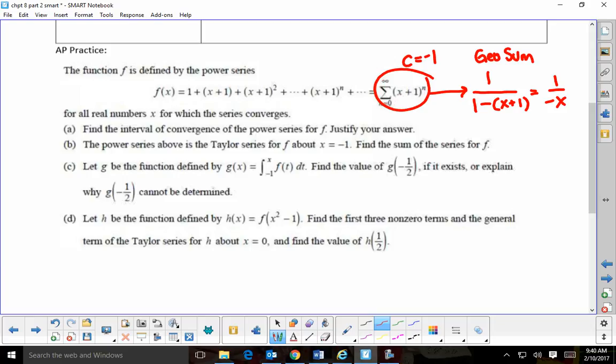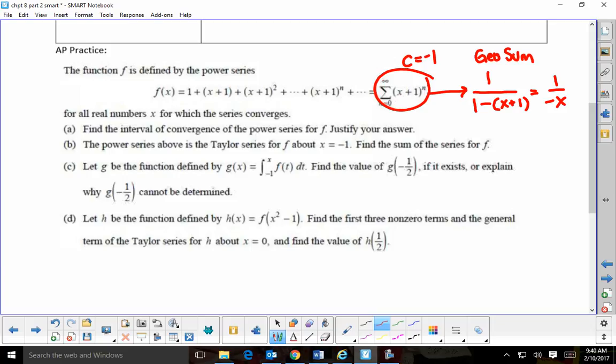A says, find the interval of convergence of the power series for f and justify your answer. Okay. We're good at that. How many of you said I want to use the ratio test? Is that what test you want to use? Okay. So a lot of us would do the ratio test just because that's normally what we do, and when we test our endpoints we still get full credit. That's completely fine. But I'm going to do my shortcut way,